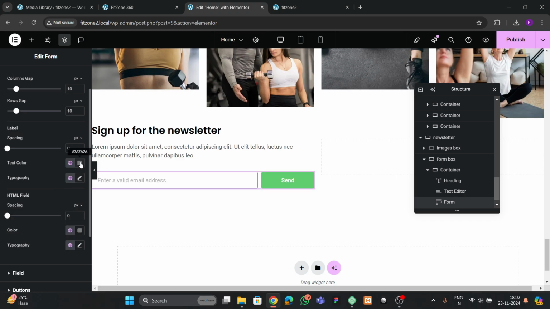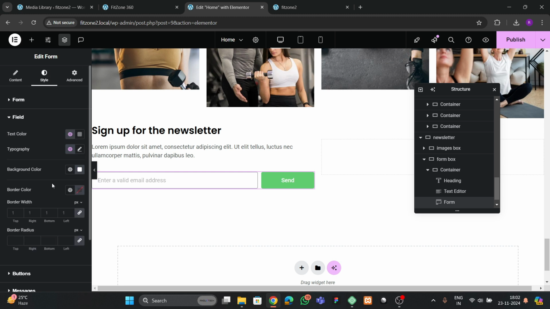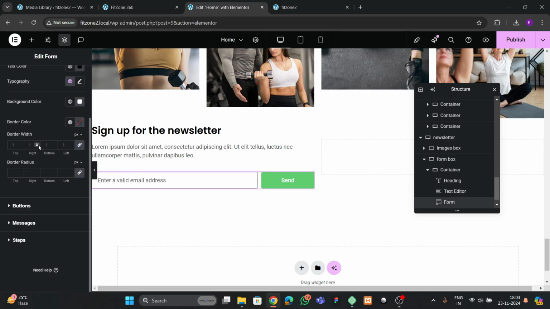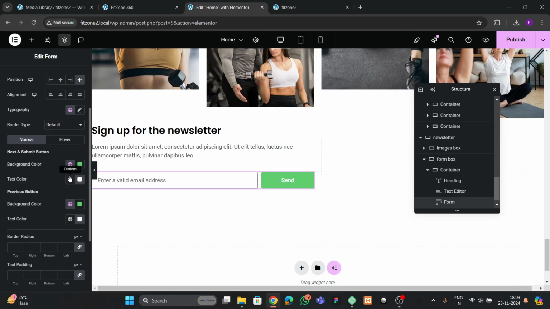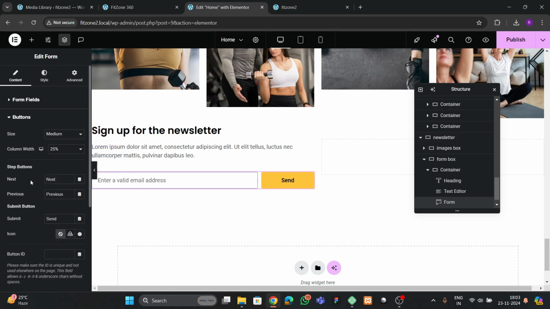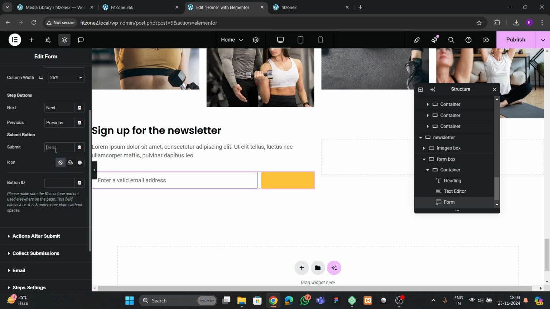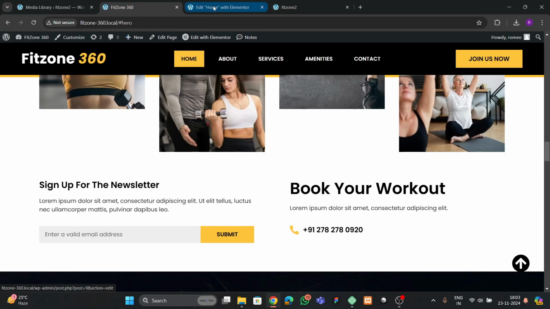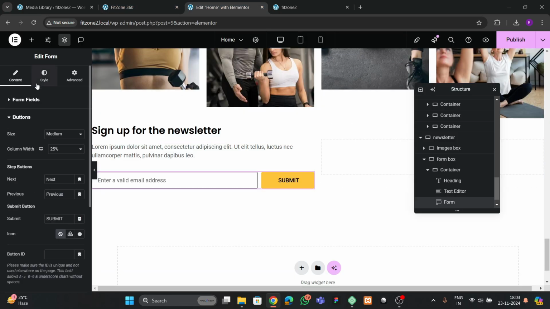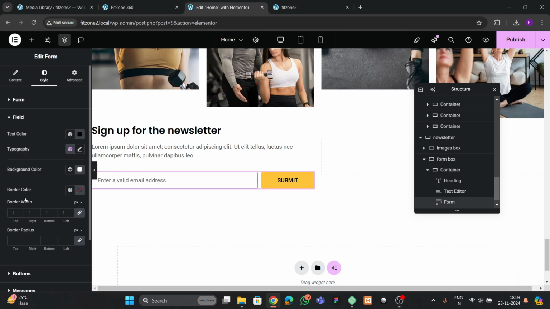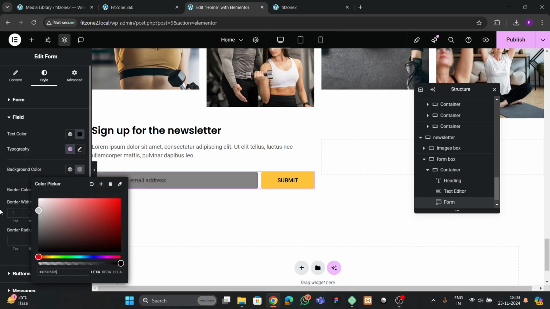Okay, then here for the fields we can make this completely black. Okay, and for the button also we can make the background color this, then we can make this black, and also we can go to this content, and here in the button we can write this submit. Okay, and you can see that we have this color. So let's go to this, and here in the fields option we can go to the background color, and we can choose a little bit like